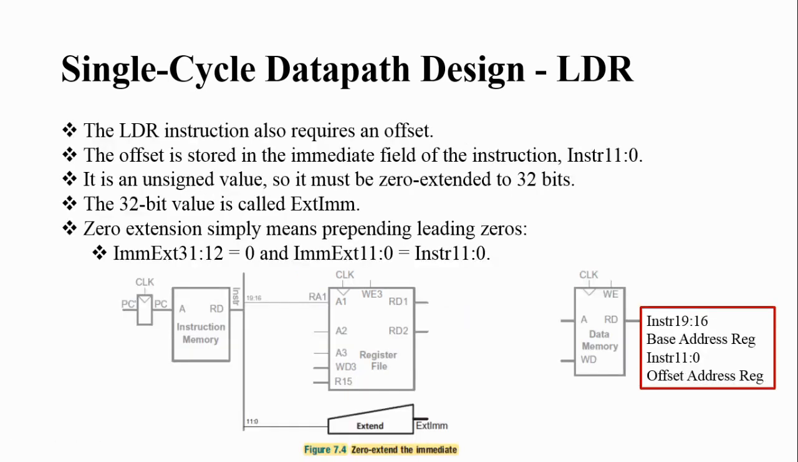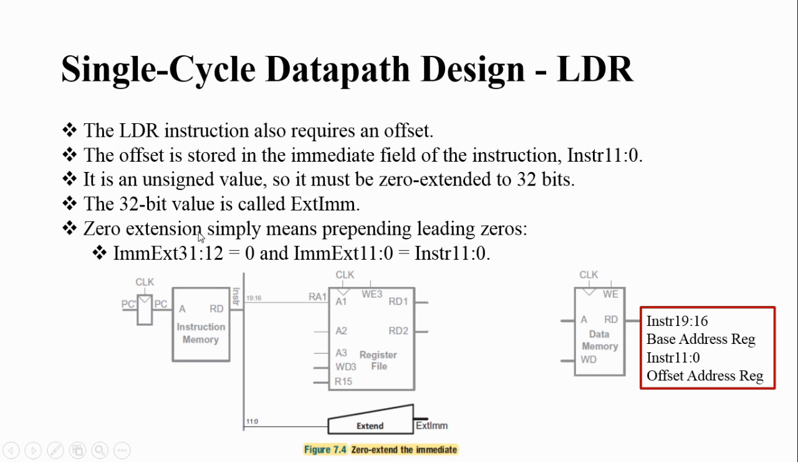In the next step, so I got the base address. Next, you need to get the 12-bit immediate value, right? So now I got the base address in RD1. Next step, I should get the 12-bit immediate value, right? And the 12-bit immediate value is stored in instruction bits from 0 to 11,